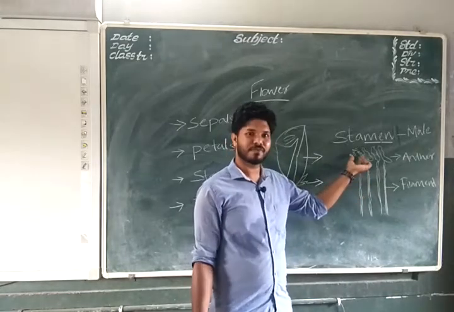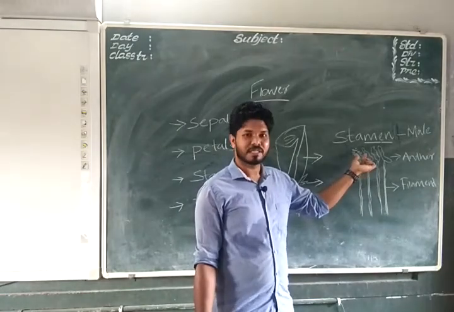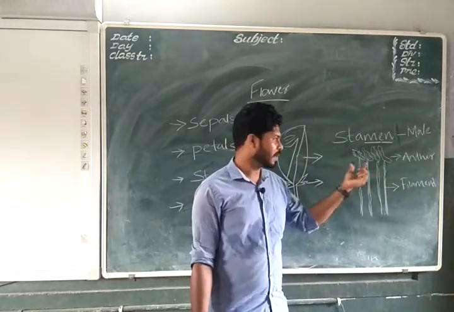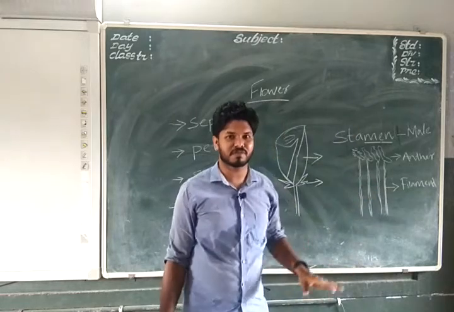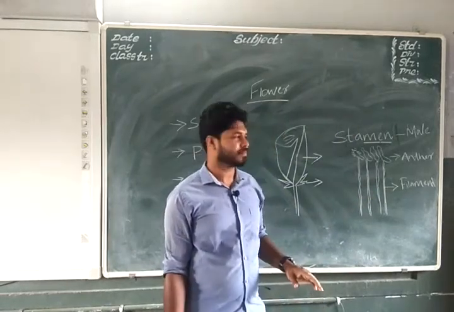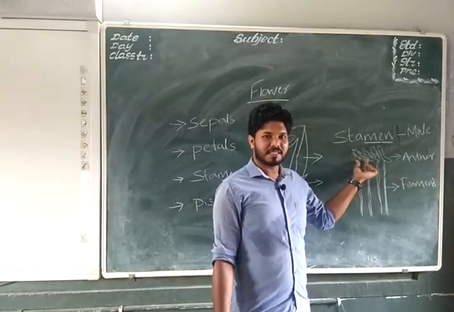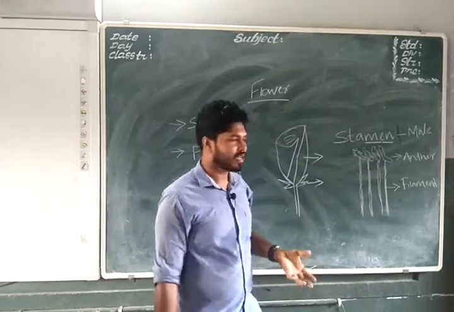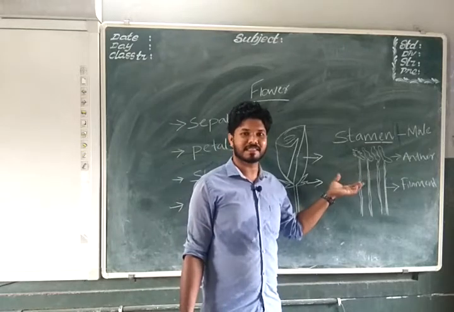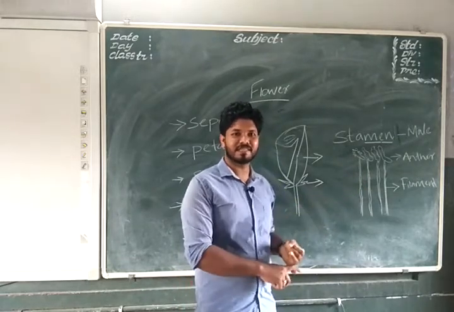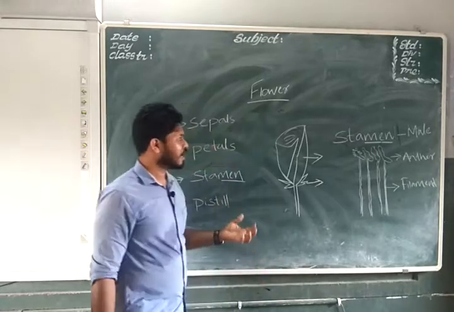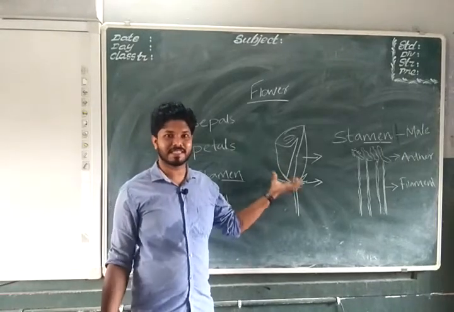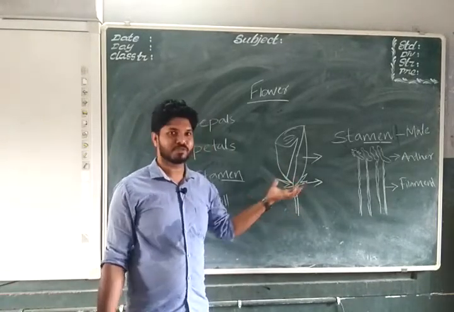And the process of spreading this pollen grains from one flower to the other flower, that is from male reproductive part of a flower to female reproductive part of flower, is called pollination. Sending of pollen grains from a flower to another flower is called pollination. And pollination is done by pollinating agents like butterflies, honeybees, etc. That's why the petals are given in attractive colors, in order to attract these insects for helping them to pollinate.